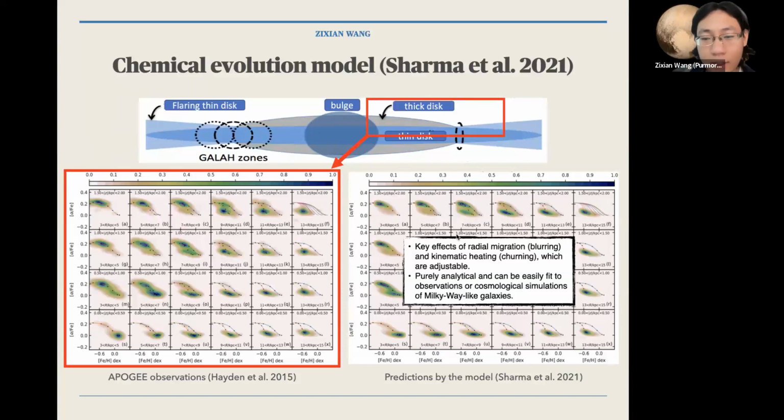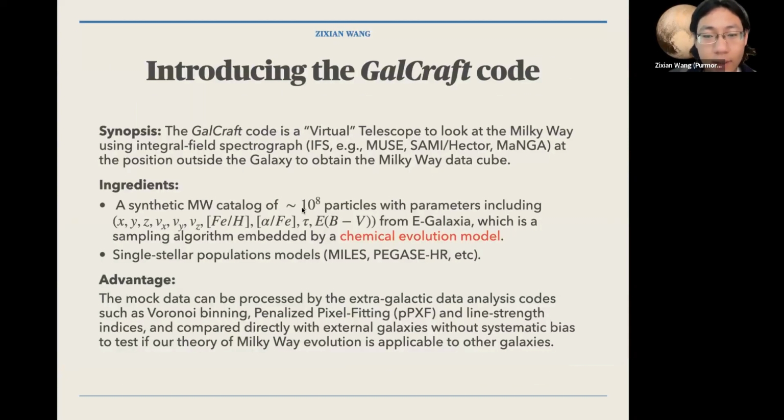And the reason is because Sanjib's model has the key effects of radial migration and kinematic heating. And also the efficiency of these two processes can be adjustable. This model is also purely analytical, so it can be easily fit to other observations or cosmological simulations of some Milky Way-like galaxies. That's why, because it can reproduce this chemical picture of the Milky Way, if we embed this model into eGalaxia, then we can have a synthetic Milky Way catalog,